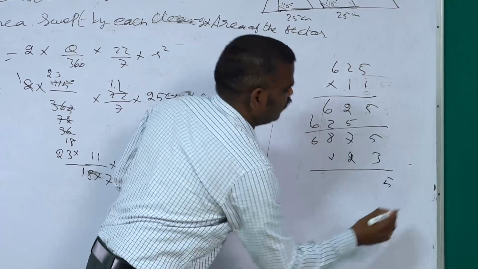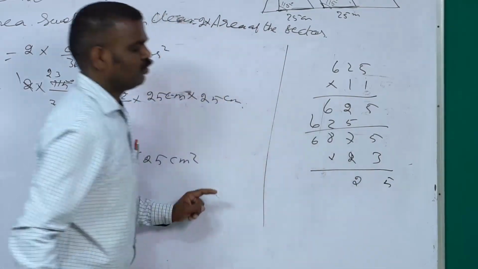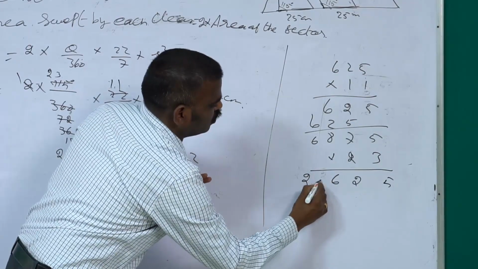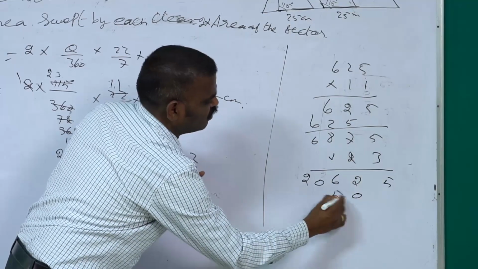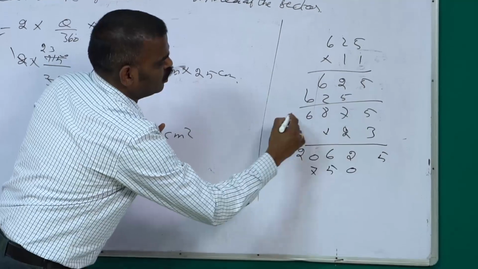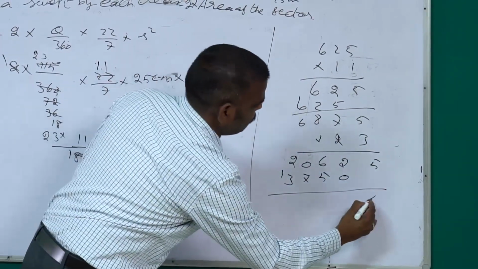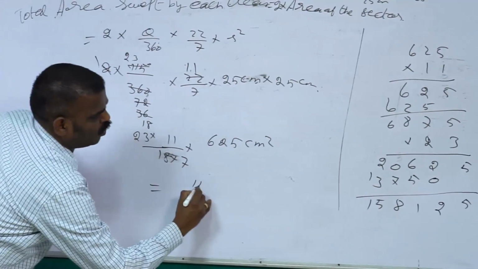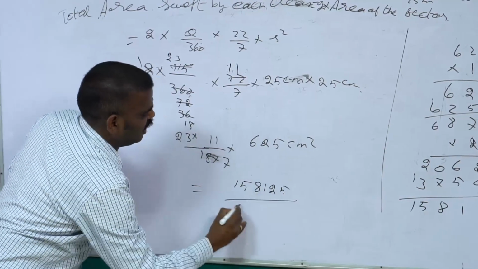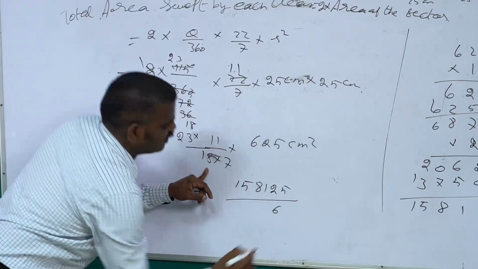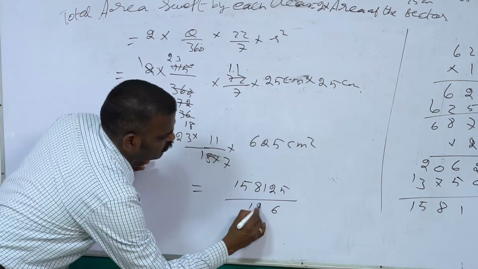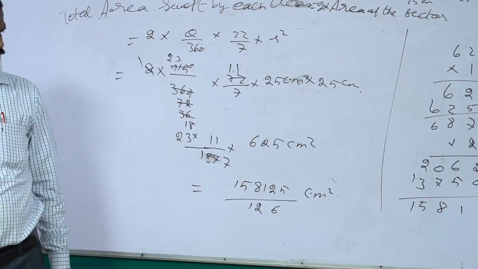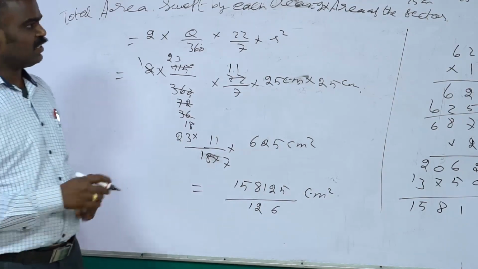Okay. 3 5s are 15, 3 7s are 21 plus 1, 22, 2 remainder, 3 8s are 24 plus 2, 26, 2 remainder, 3 6s are 18, 18 plus 2, 20. 2 5s are 10, 1 remainder, 2 7s are 14 plus 1, 15, 2 8s are 16 plus 1, 17, 1 remainder, 12 plus 1, 13. 5 8 1, 2 5 by 7 8s are 56, 5 remainder, 7 1 is 7 plus 5, 12. 1 5 8 1. Okay children, write first.